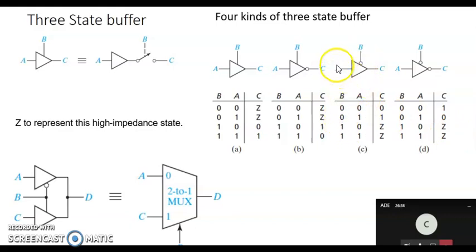Now my A is 0, C is 0. When A is 1, C is 1. In this case, because it is complementary, when A is 0, C is 1. When A is 1, C is 0. In this way, we can write 4 different kinds of three-state buffers. Here the Z refers to the high impedance state. Now, if you understand what this three-state buffer is,